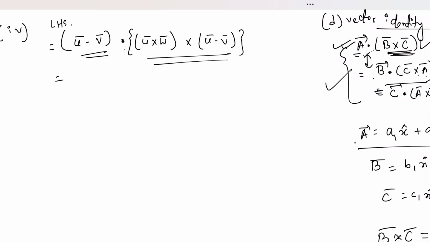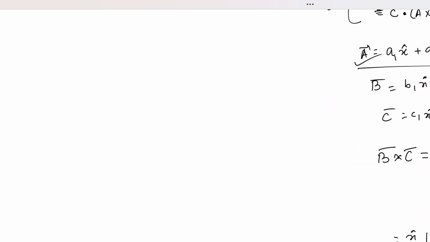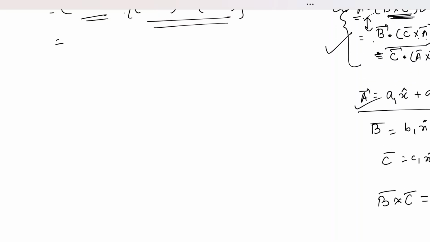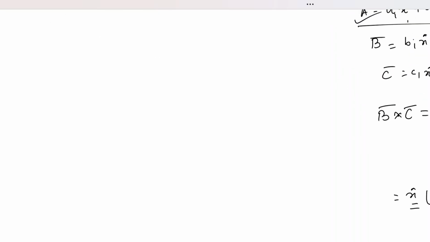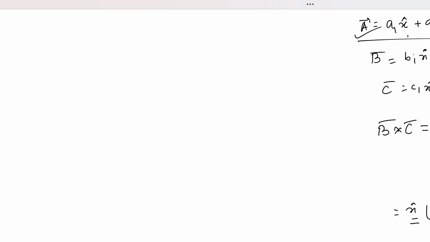Then you take the dot product of this term with the vector A, simply taking x cap dot x cap as 1 and all the other components as 0, only the similar components, x with x, y with y, z with z. You will have an expression in terms of a1, b1, c1, a2, b2, c2, a3, b3, c3. Now for the check, you take another expression: you take C cross A and take a dot product with B using the generic expressions. At the end you will find another expression in terms of all these components, and you have to check for yourself that these two are actually similar.